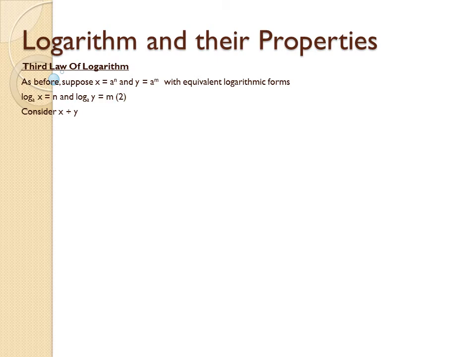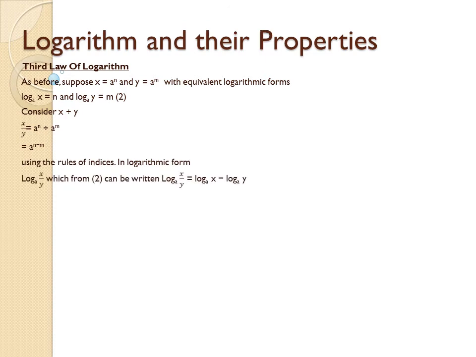Now considering x divided by y. If I divide x by y, it means a to the power n divided by a to the power m. As per the indices formula, this means a to the power n minus m. So now in the logarithm form, log of x by y to the base a equals log of x to the base a minus log of y to the base a. So this is called the third rule, the third law of